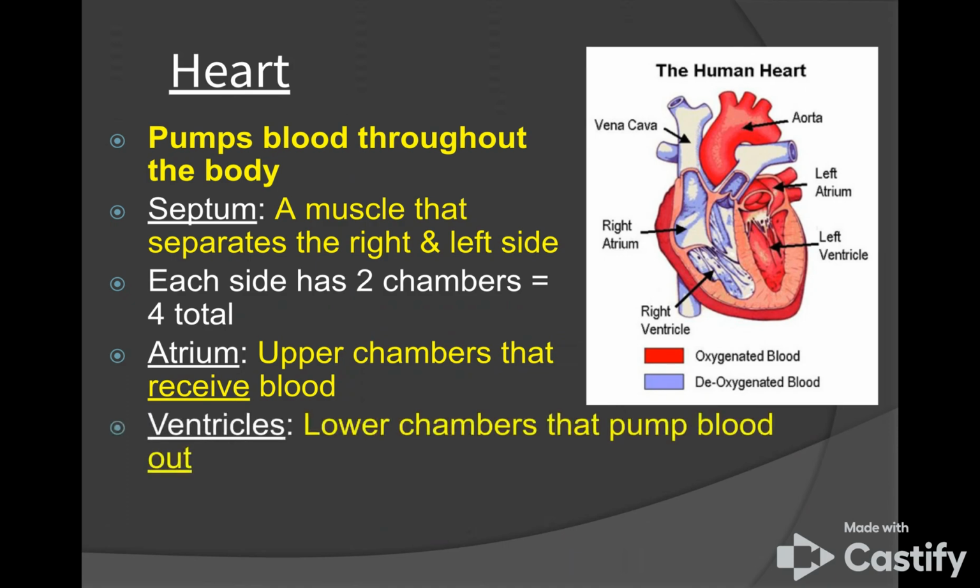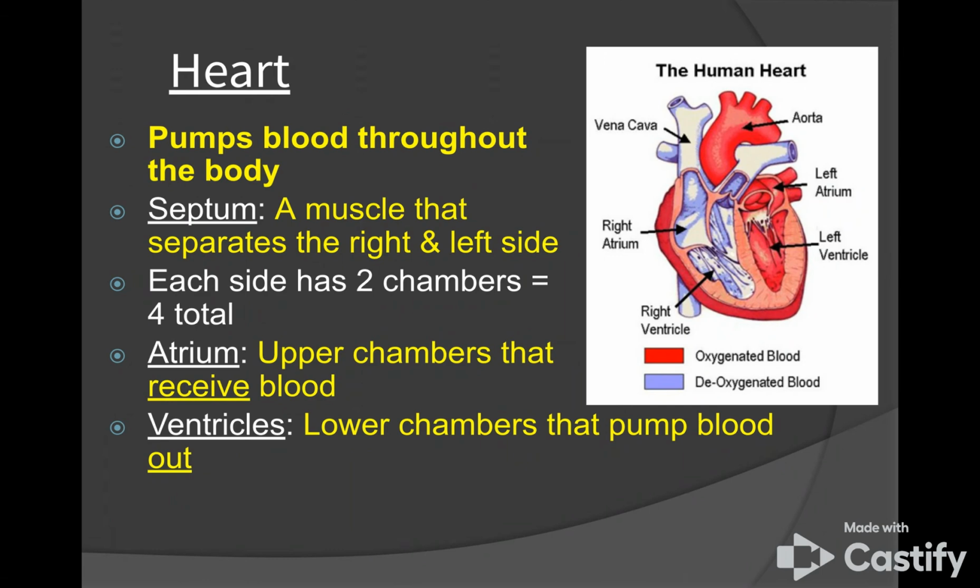The ventricles are the lower chambers. They pump blood away from the heart. So the ventricle on the right side goes to your lungs to get oxygen, picks up oxygen and comes back in through the left atrium. The left ventricle pumps this oxygen-rich blood all through your body, through the aorta and the other blood vessels. So it's really, really important, again, that those two types of blood remain unmixed together, and that's why that septum